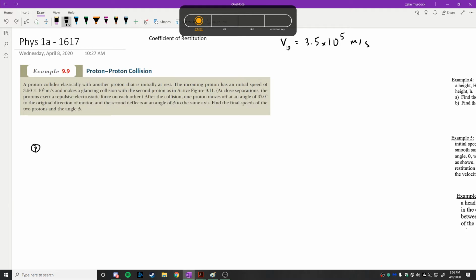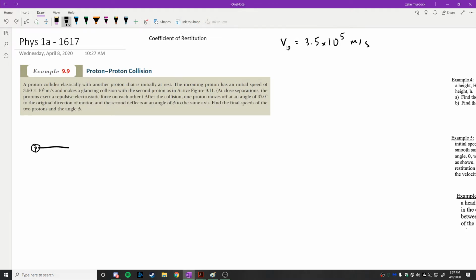So it's moving to the right with this initial velocity that we called v initial up there. Let me try to draw a straighter line. That's a little bit better. There's another proton sitting over here at rest, and when this one makes its way over here, it makes a glancing collision. Think of it like a pool ball: a pool ball comes in and they collide,